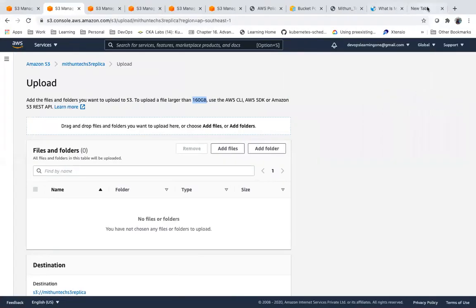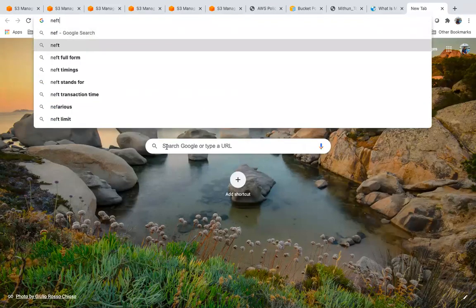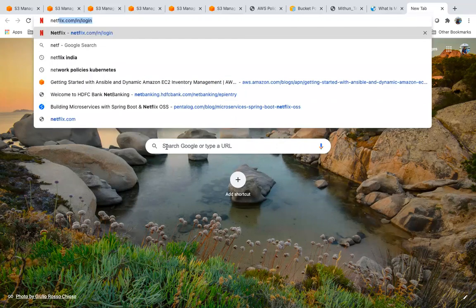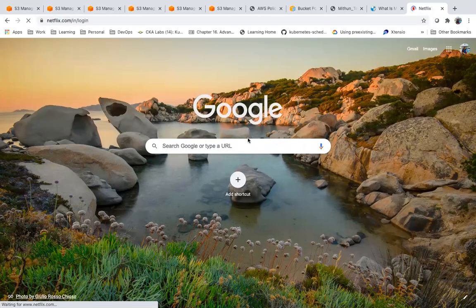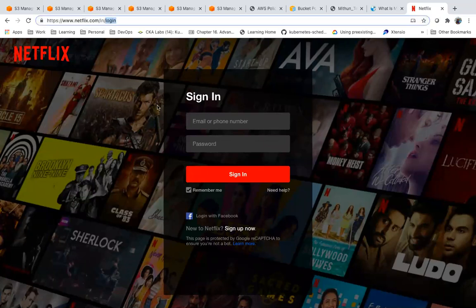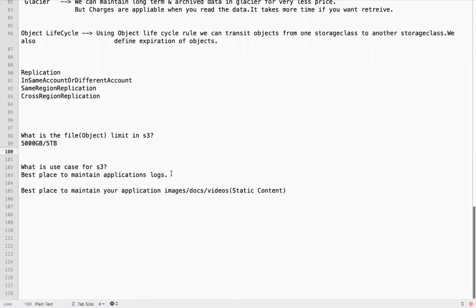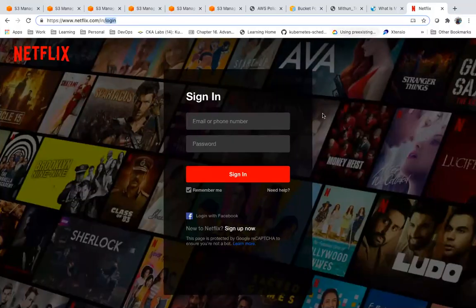Suppose you have one application. Let me take this example, guys. Everyone watches Netflix, right? Netflix is basically a video streaming company.